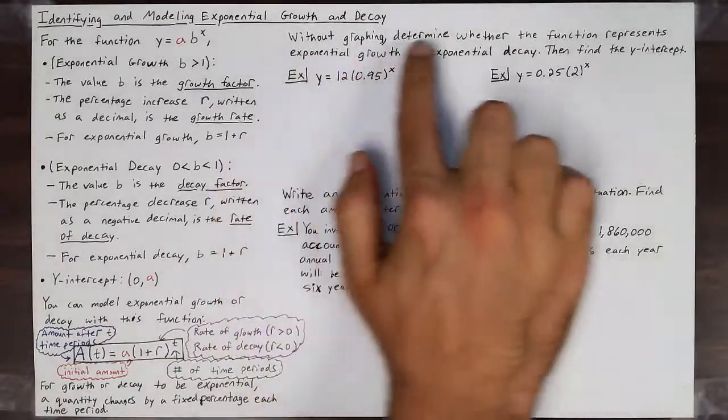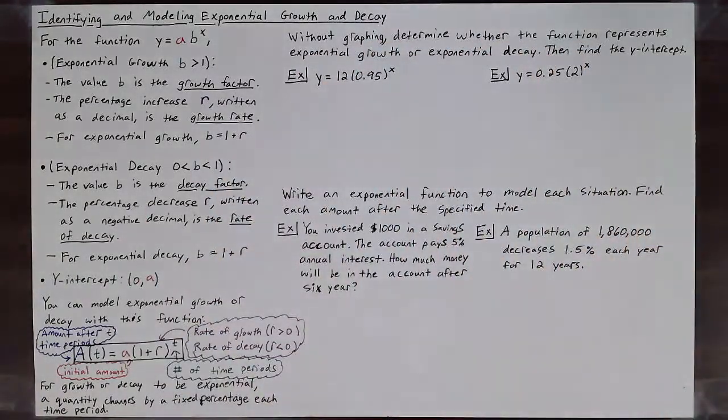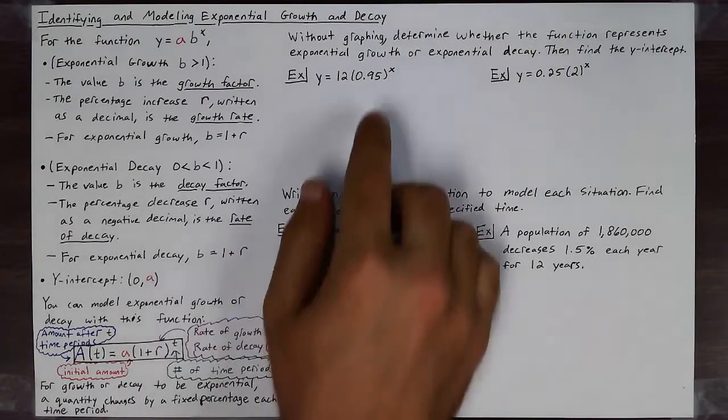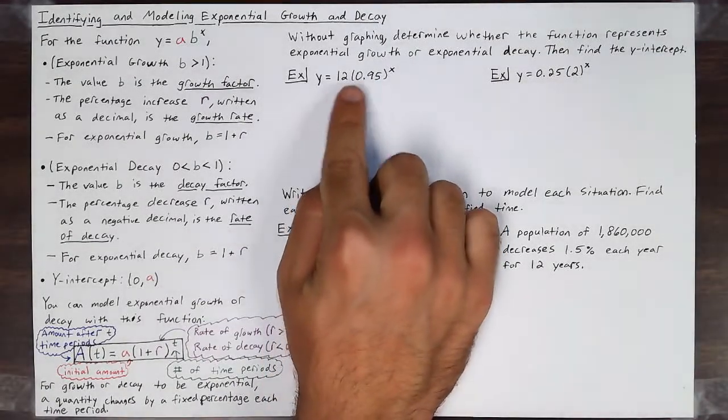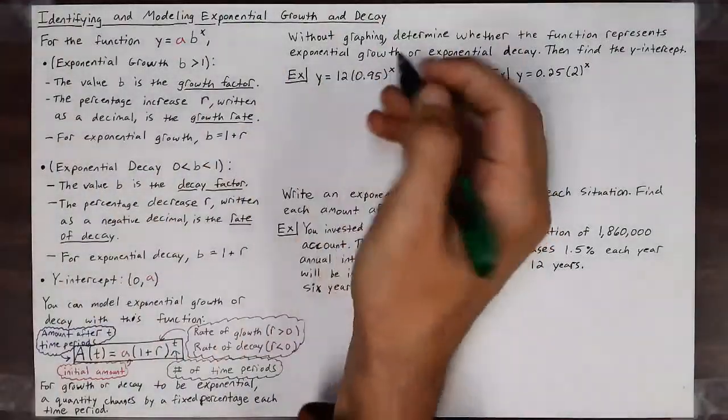So without graphing, let's determine whether the function represents exponential growth or decay, and then we find the y-intercept. This can usually help you envision what a graph looks like without plotting any points initially. So right here, I'm looking at 12 times 0.95 to the x. I'm looking at the 0.95